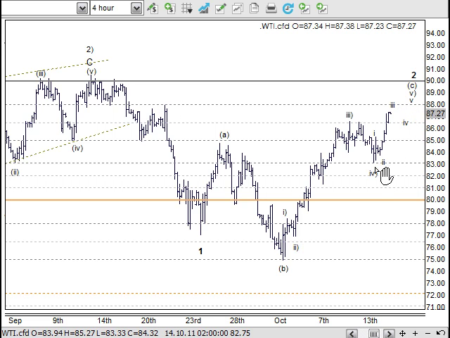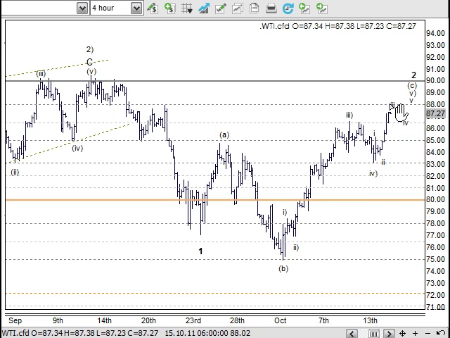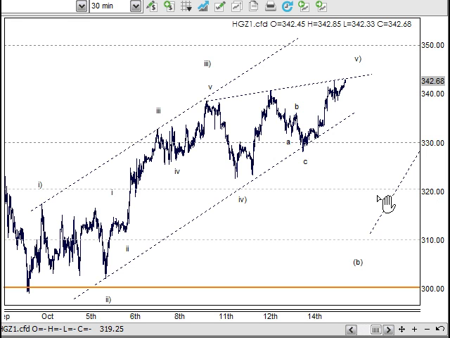But we're also looking for 5 waves from this 83 level here, top of group 1 here, so up for 1, back for 2, up for 3 in here somewhere, a 4 and a 5. So look, it can go up to the 90 and retest that. That's what this is. It's a retest of the 90 of the supply up here. So we'll see how that pans out, but we're just still working with this last structure here,